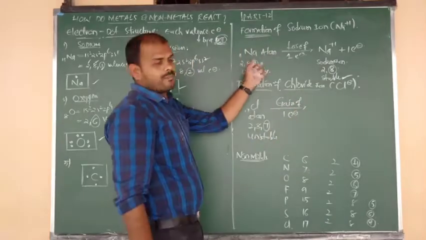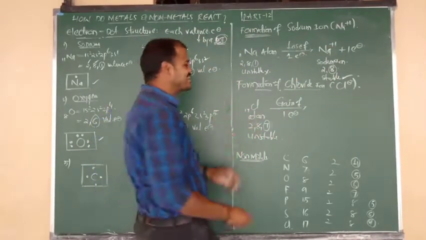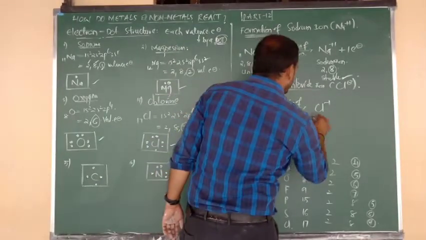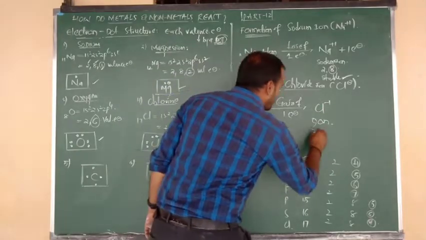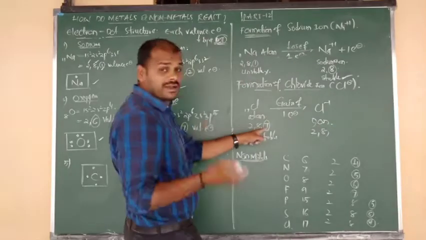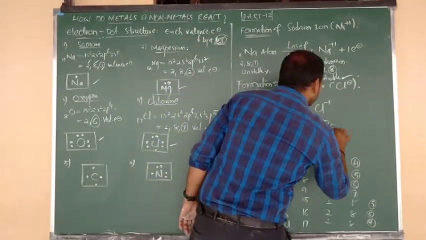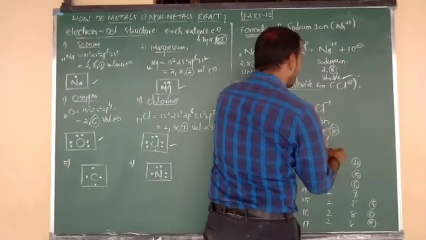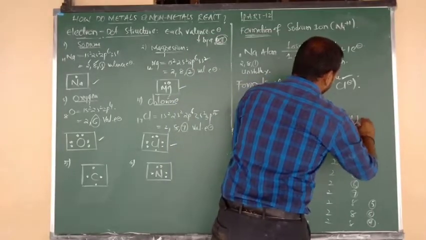What about sodium? By the loss of 1 electron, the charge is plus 1, but by the gain of an electron, the charge is minus 1. Cl gets the charge minus 1. So this is nothing but chloride ion. Now what is the electronic configuration of chloride ion? The first shell contains 2, the second shell contains 8, and the third shell contains 7, but by gaining another one, 7 becomes 8. Now the outermost orbit also contains 8 electrons. Due to the presence of 8 in the outermost orbit, chloride ion, Cl minus ion, is more stable.